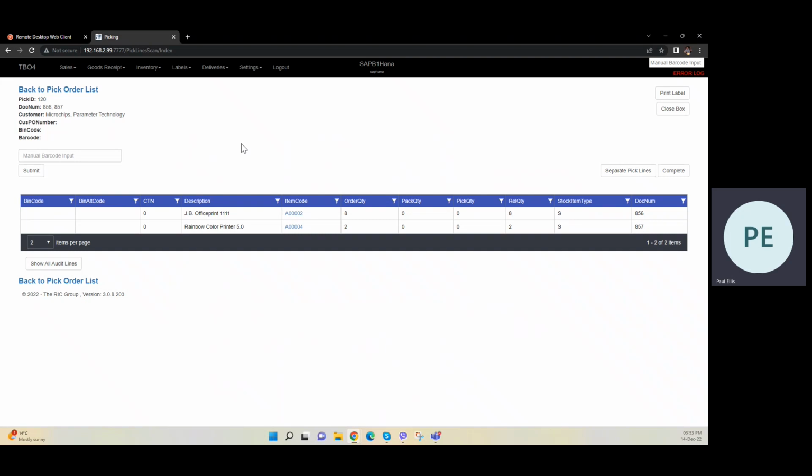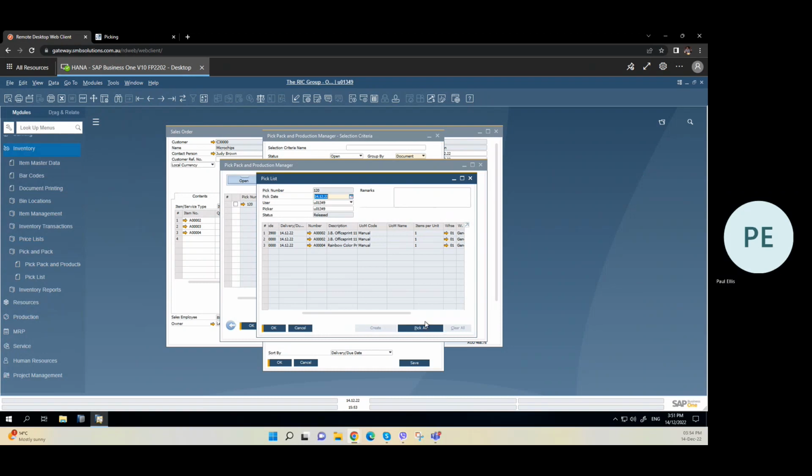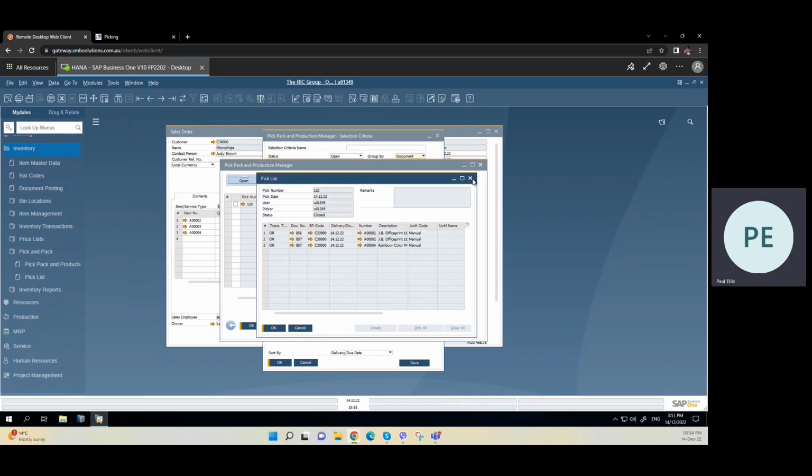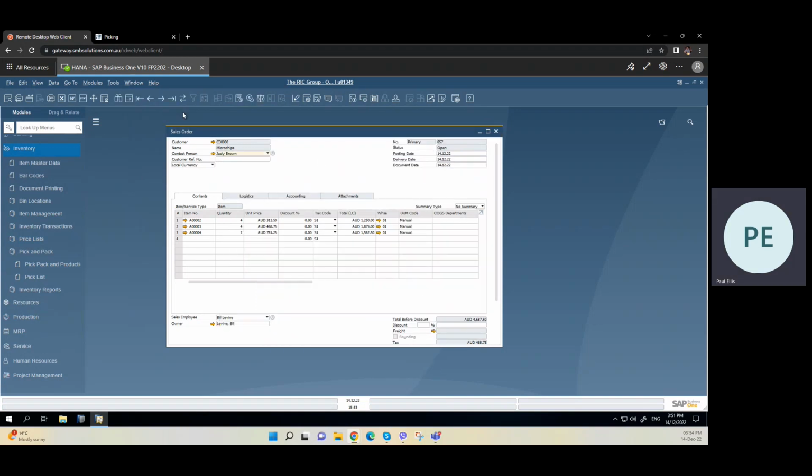We find typically in the food industry, you do one wave pick and then pack with multiple packers, and they pack each individual order individually because it's going to be invoiced separately for each one, and it'll create a separate delivery document. So, for instance, I'm just going to pick all here and create a delivery document. So let's just know that we can do that in the WMS. Just for example here,